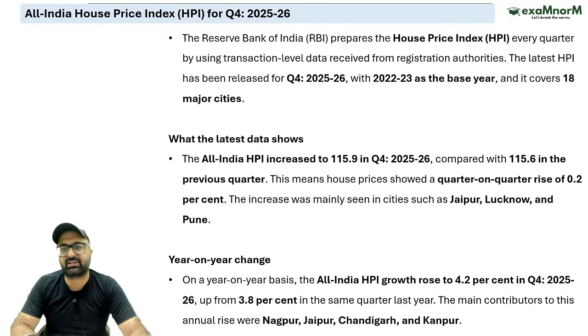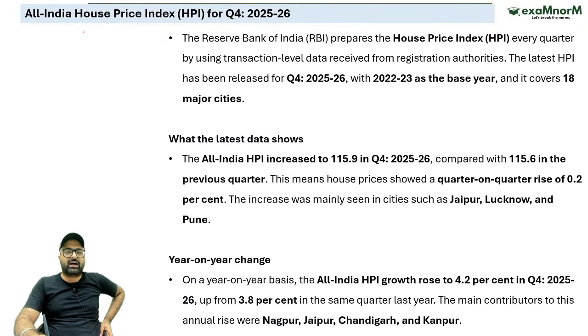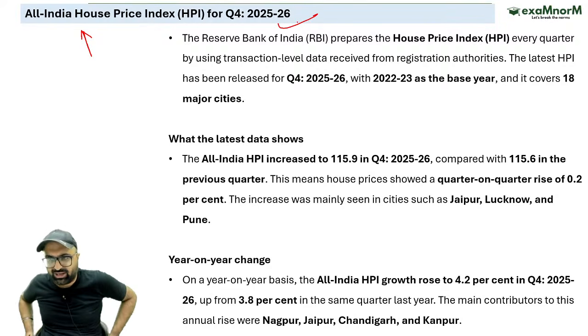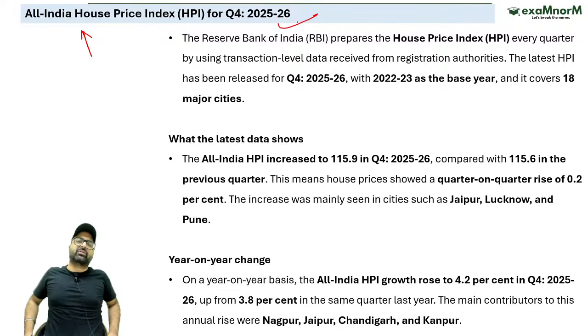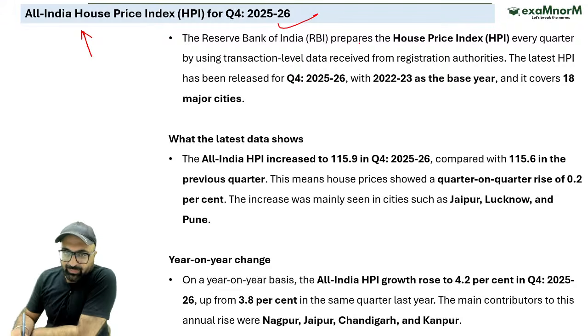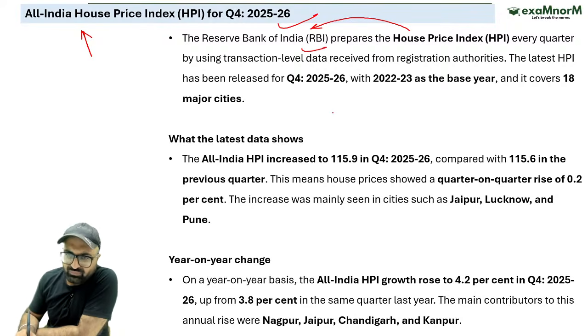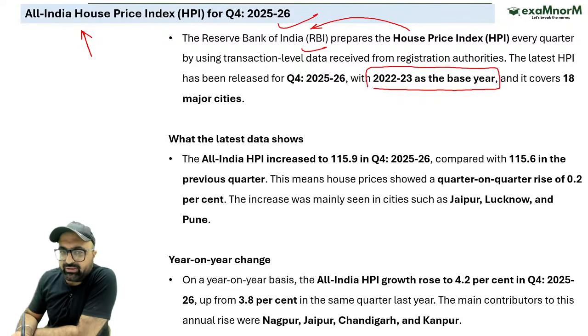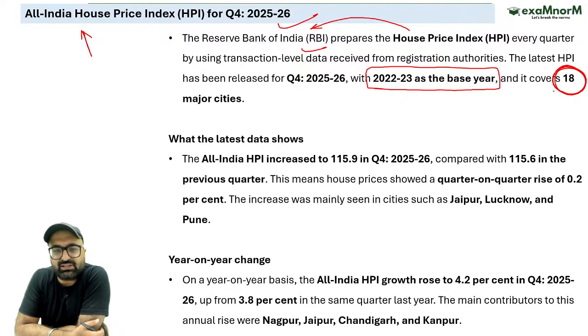अगली न्यूज क्या है. So the next news is related to All India Housing Price Index for the quarter 4 2025-26. अब अगर ये quarter 4 के लिए है so it is not very important. इसमें क्या क्वेश्चन पूछा जा सकता है वो मैं बता देता हूं. सबसे पहला who prepares House Price Index, and it is prepared by RBI every quarter, and the base year is 2022-23. It is prepared on the basis of data coming from how many cities? So that is 18